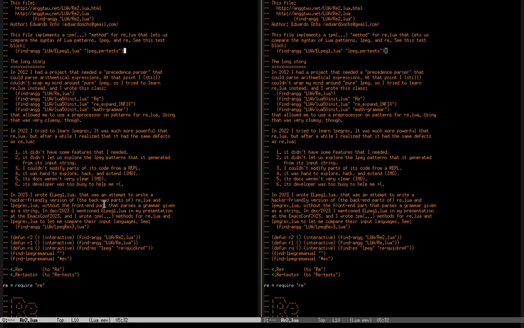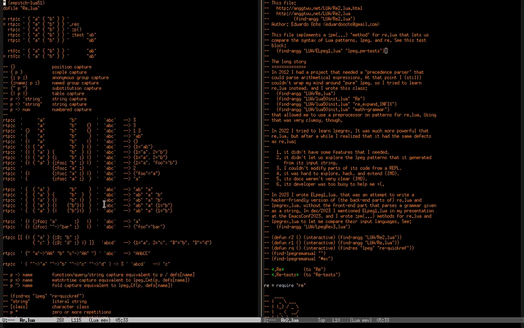Anyway, the comment says that in 2012 I had a project that needed a precedence parser that could parse arithmetical expressions with the right precedences. And at that point I was still struggling with pure LPeg, and I couldn't do much with it. So I tried to learn re.lua instead, and I wrote this old class here